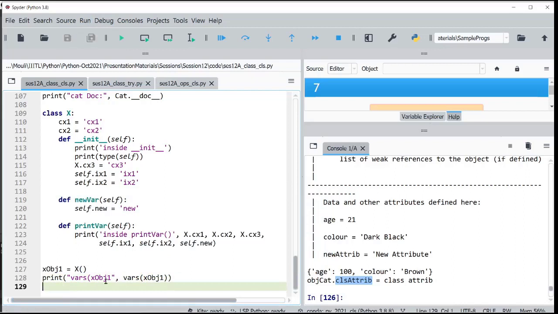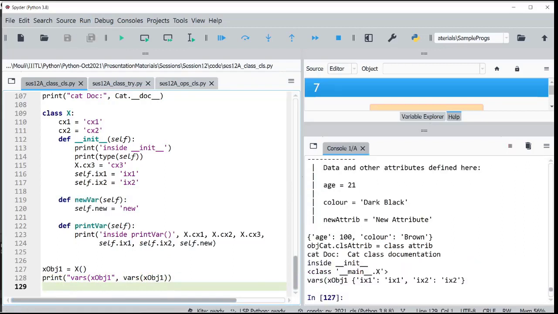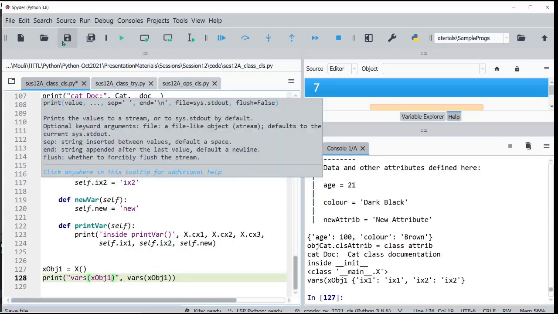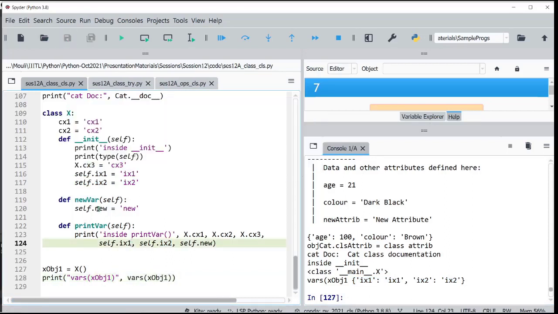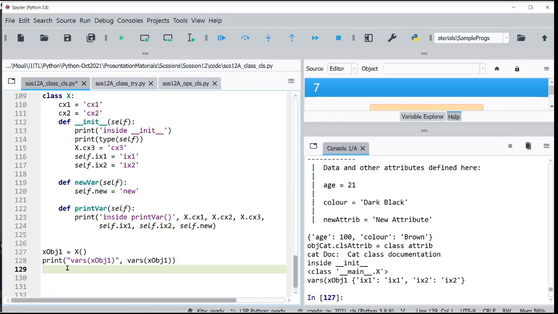So what does it print? It prints ix1, ix2 with some values as a dictionary, of course. So it doesn't print new unless you create it or unless you call that function on that object.